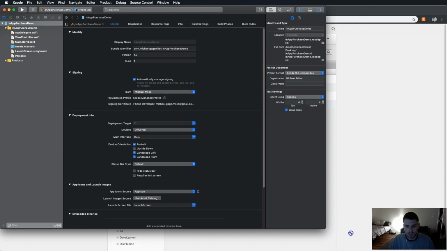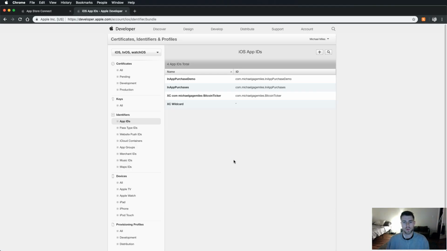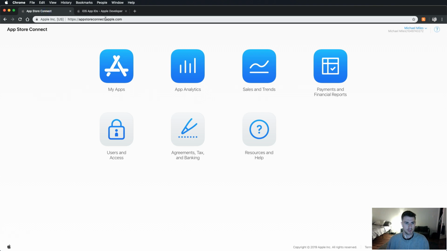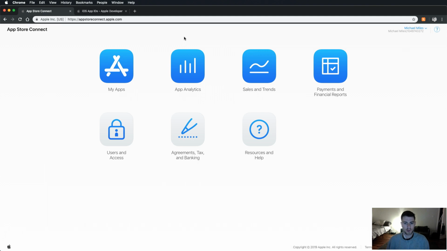Alright, there we go. So we have created this project, and we're going to come back to it in a minute. For now, we're going to go back into our browser, go to App Store Connect, which is appstoreconnect.apple.com. You're going to log in with your developer account, which I already have, and we're going to go into, well,